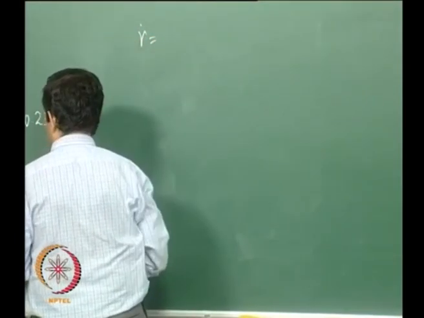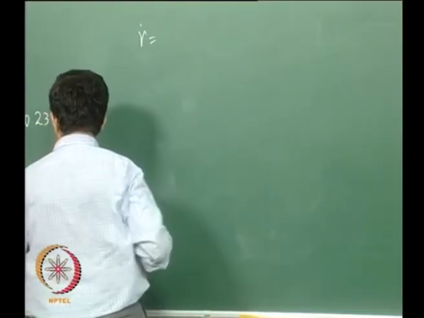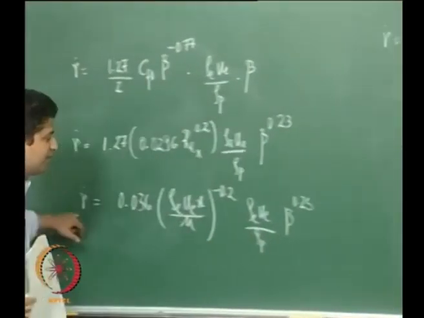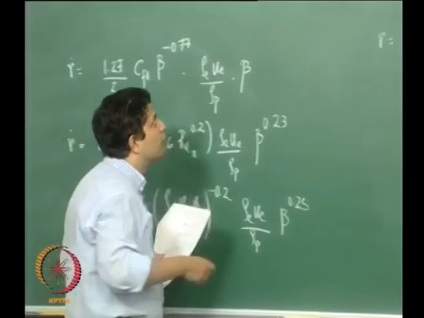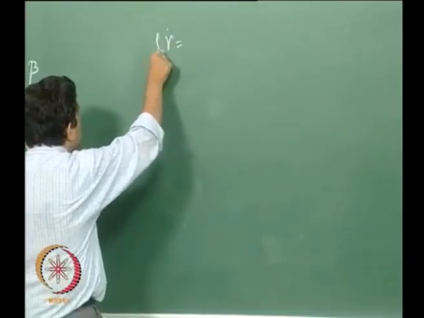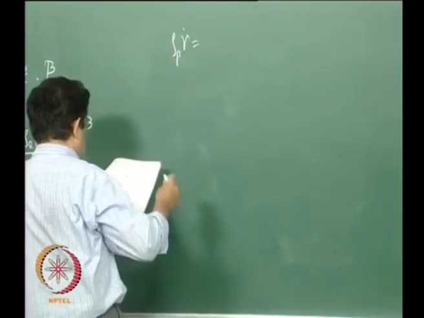And I can take the rho p that is here and multiply it back with the r dot, so I will get rho p r dot is equal to